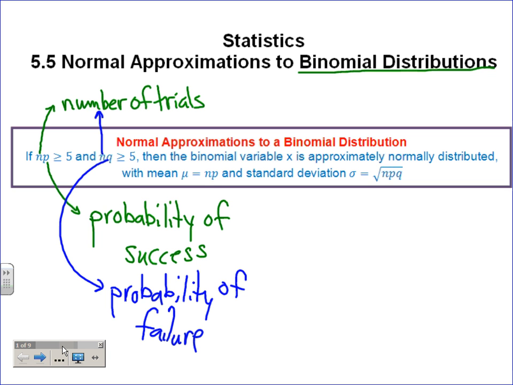Okay? Are np and nq normally going to be bigger than or equal to 5? Yeah, either your probability of success is going to have to be really big or really small, and n very small for this to not work. All right, if you take enough samples, this will work. Okay? And so we're going to check this first, and then we're going to use this information to try and use